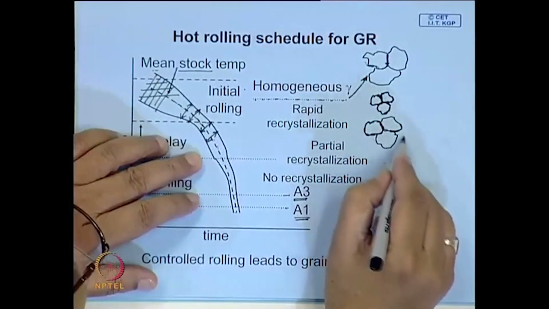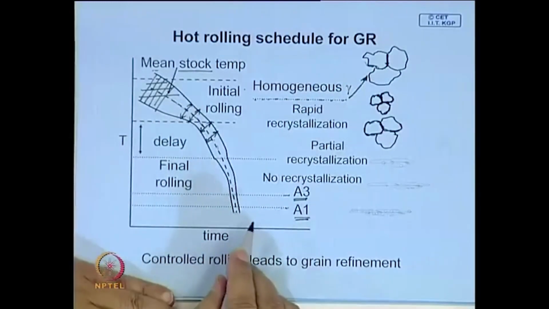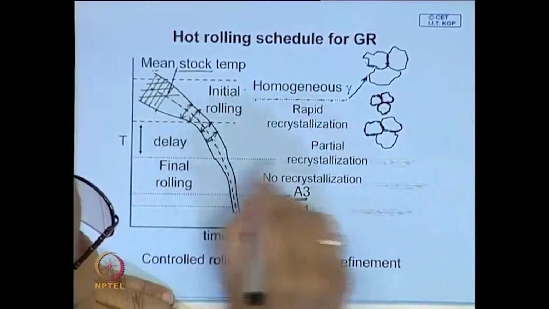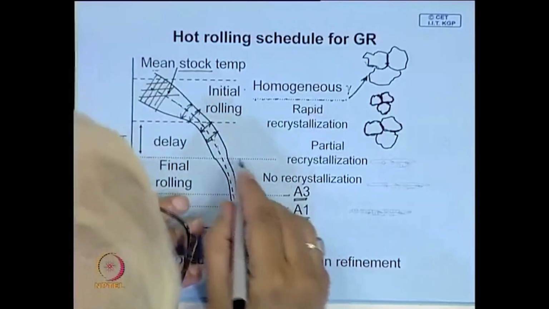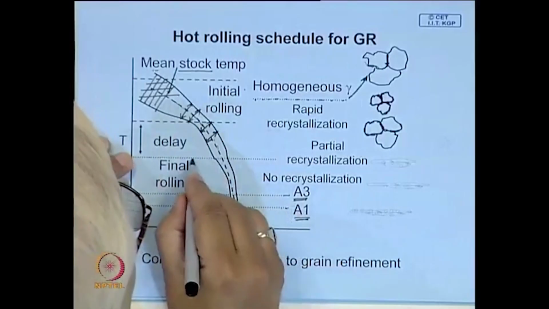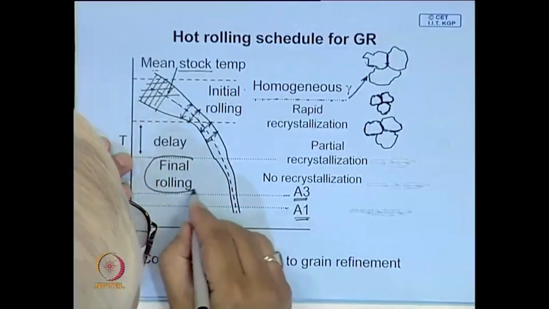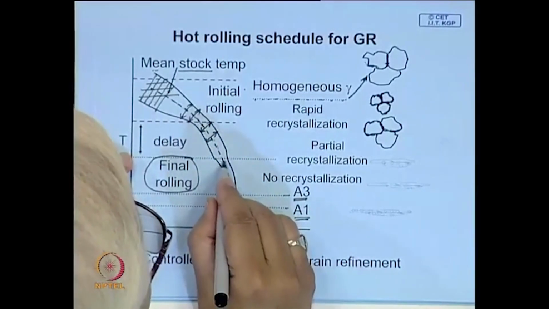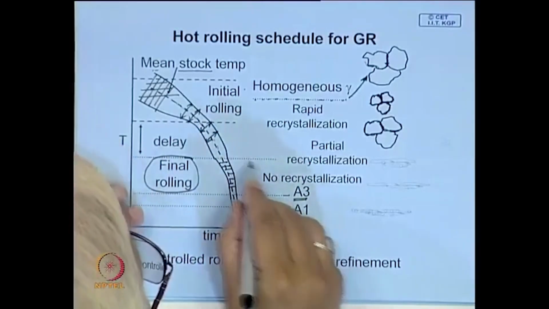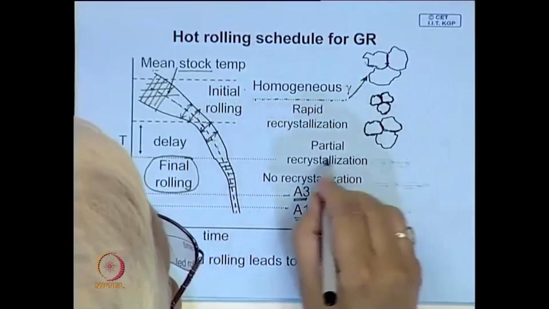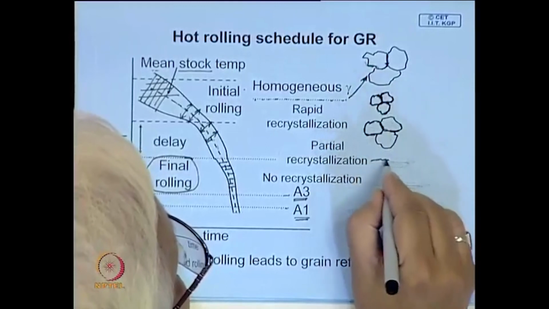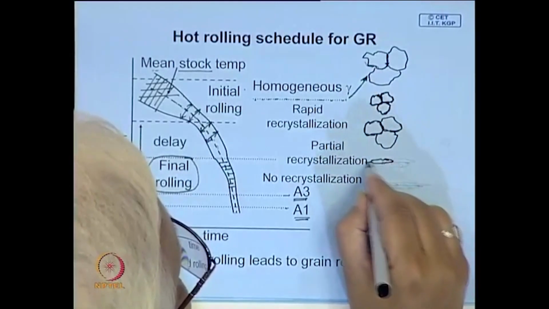So, this is how it has grown, and this is a temperature where we try to give another rolling, that is the final rolling, and so here again you see this thickness is decreasing. If you give the final rolling here, these austenite grains of this size get elongated like this,